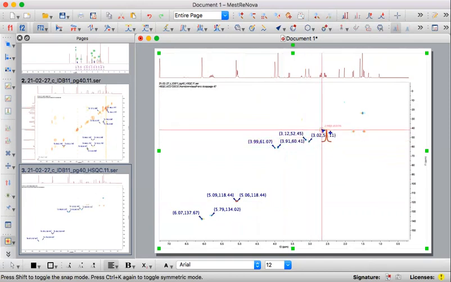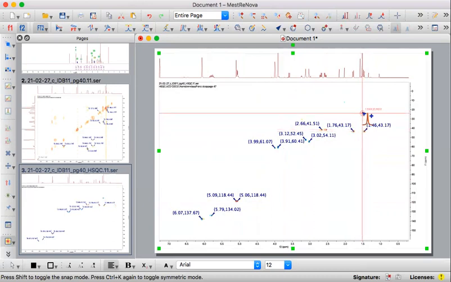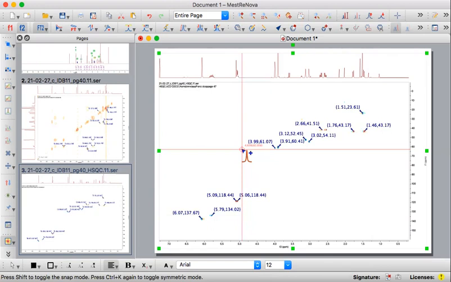The software does lock in to the signals, but it is always a good idea to zoom in to make sure that where it's locking in is where it's supposed to be and that everything that you're picking is appropriate. Once we have everything picked, this is pretty much the end of the processing of this HSQC. This is pretty much good enough to go into a supplementary section